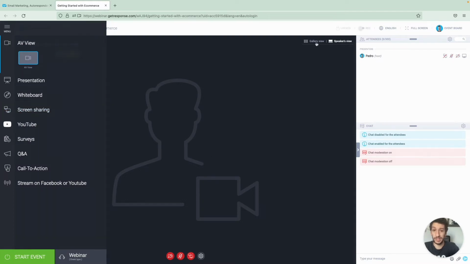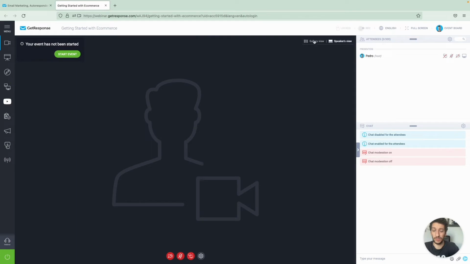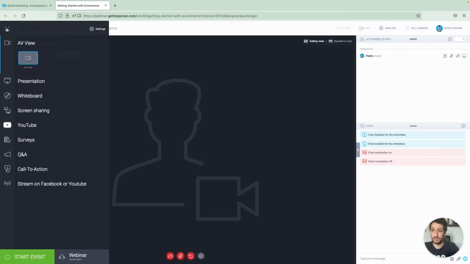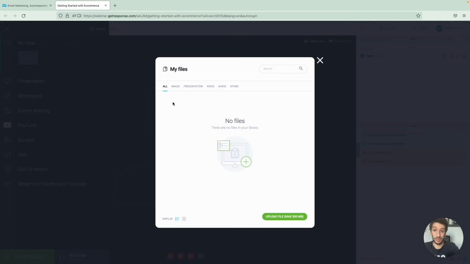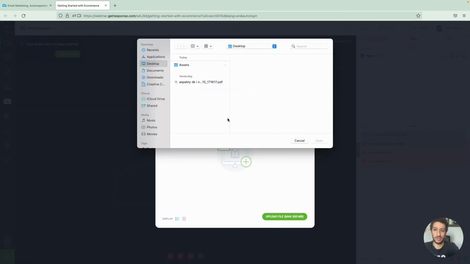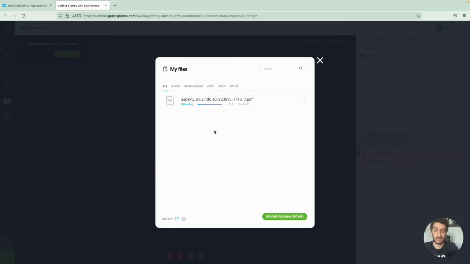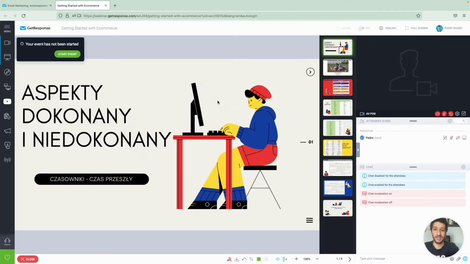And you will then be able to select one or the other right here. This is the same option that we just saw on the other settings, the video settings. And moving on, you can upload a presentation. In my example, when I was showing the intro, I had a Polish class presentation. And once it's uploaded, you can simply click on it, and other people will then be able to follow you